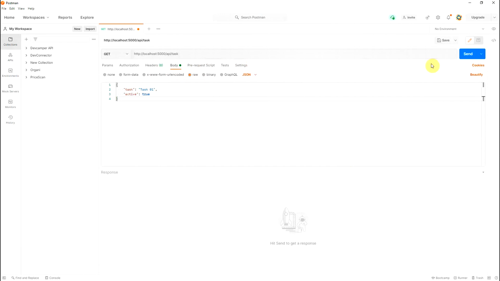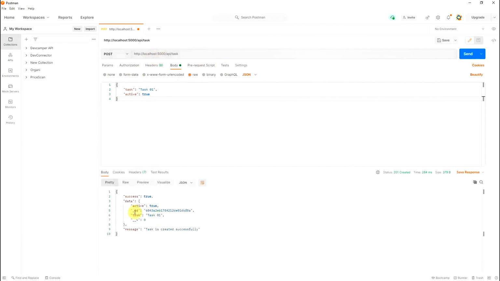Go to our Postman, then click here. Like we are giving the post request, so we will call it as a post. Now click on send. Now you can see success, then data. What data came from our API? This is the response actually, so this is the data. I already told you Mongoose will give one ID, so this is the unique ID, this is the task. Okay, so all are here.